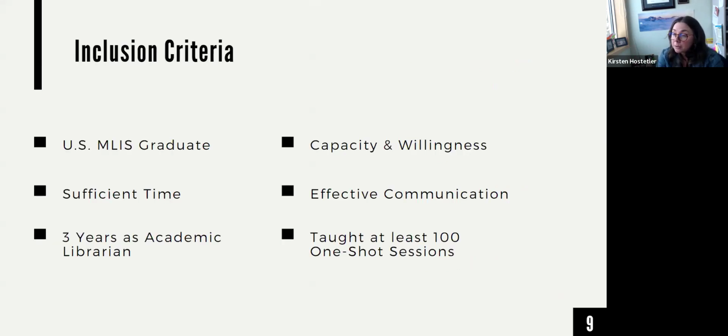So 39 librarians completed the participant inclusion criteria survey during my recruitment stage. And it was really just a way to determine if they met my established criteria for inclusion, which was partially based on Delphi standards and partially based on establishing them as experts in information literacy. So the interested participants completed an 8-question survey asking if they graduated from a US MLIS program, if they had the capacity and willingness to participate in the study, the effective communication skills to describe their design process in a written survey,